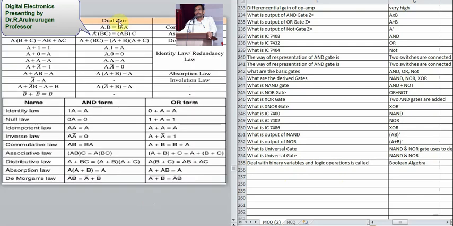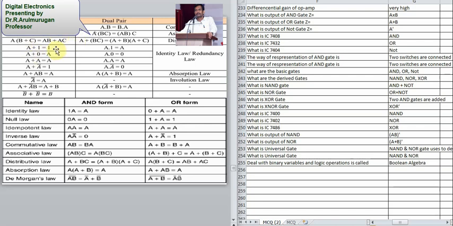Next we're going to look at laws. Laws come as a pair, with remarks and a name. These are rules you need to know and memorize. A plus b is b plus a. A plus b plus c, I will write. A into b plus c is ab plus ac. This is a law you should know.